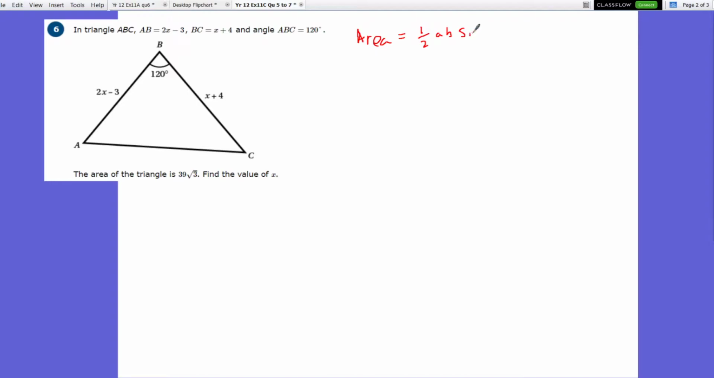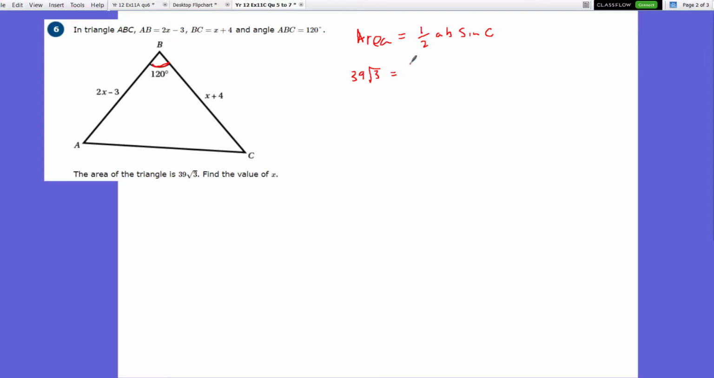ab sine C. Again, angle C is the angle that's given. In this case, it will be 120, and a and b are the sides that make the angle. It's the adjacent sides, and it doesn't matter which way around we call them. So let's start quickly by saying the area of this triangle is 39 root 3